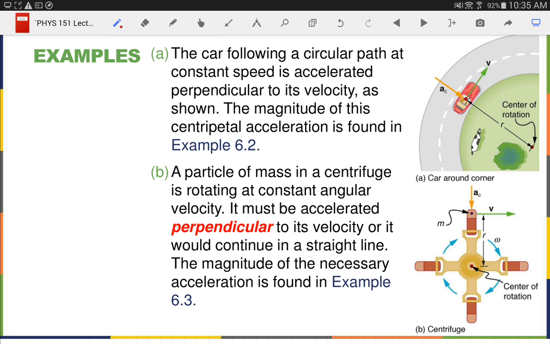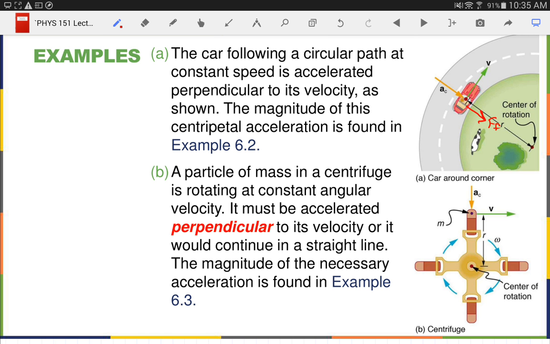Now, if that car is accelerating toward the center, Newton's second law says there must be a net force toward the center. And so if you look at the free body diagram on this car, you're going to have something going toward the center. So what force would be pointing toward the center? Friction. It's going to have to be friction. We know gravity would be pointing down. Normal would be pointing normal from the surface, which would be up. Neither of those is pointing toward the center. The only thing that would be left would be friction. And so we'd have friction